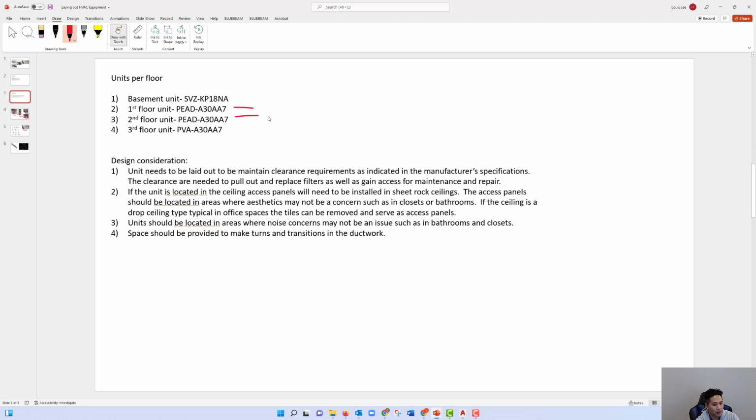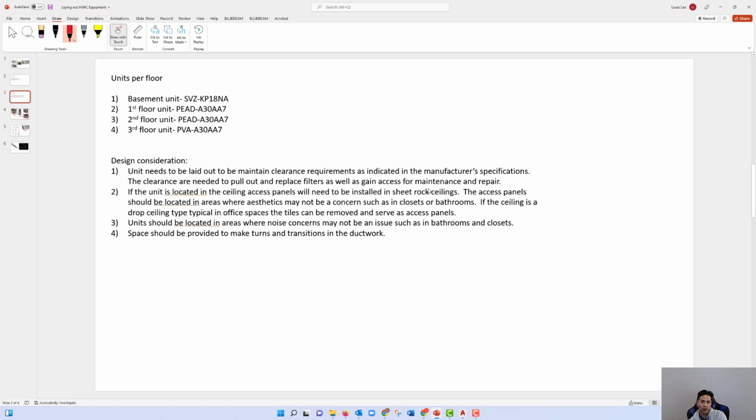And the third floor unit will be the floor standing unit, which is the PVA right here. Now the design considerations will be: the unit needs to be laid out to maintain clearance requirements as indicated in the manufacturer's specifications. The clearances are needed to pull out and replace filters, as well as gain access for general maintenance